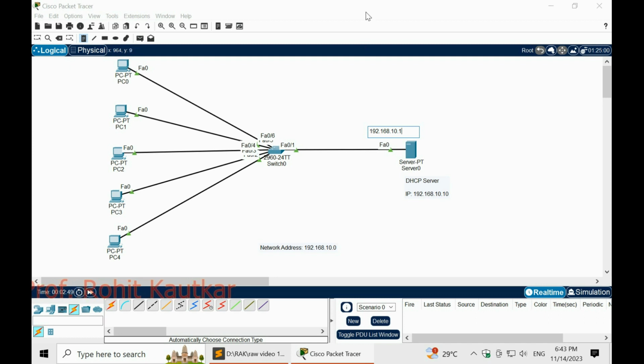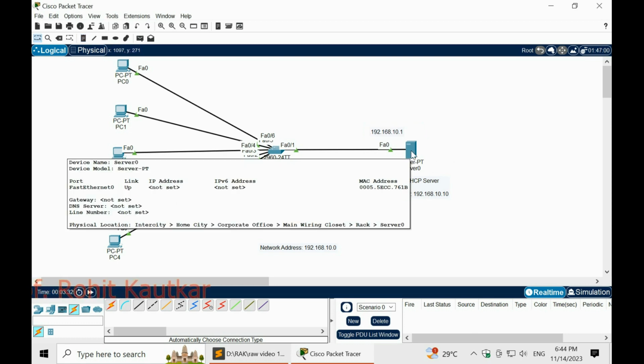Okay, so this is how we will have the IP addresses in this scenario, and all these machines will get their IP addresses dynamically by requesting them from this DHCP server. So in this scenario, friends, these are the DHCP clients, five DHCP clients we will have. All five of these DHCP clients will request their IP addresses from this DHCP server.